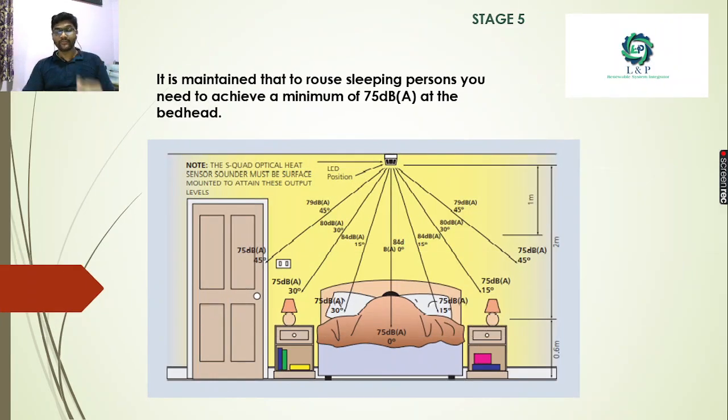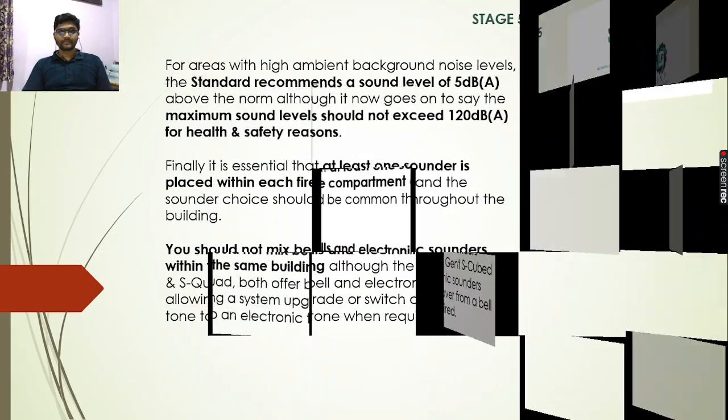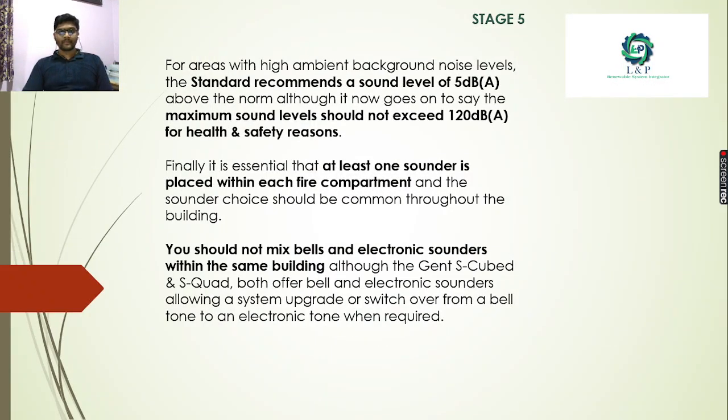Most importantly, if some person is sleeping inside a building and you want to wake him up, minimum we need 75 decibels at his bed head. So when you plan such alarms to rouse a sleeping person, install it inside that room, and it should maintain 75 decibels. There are certain standard recommended levels. If there is so much noise, maybe we can reduce it by 5 decibels. But for health and safety reasons, the decibel level of the alarms should not exceed 120 decibels, because it can